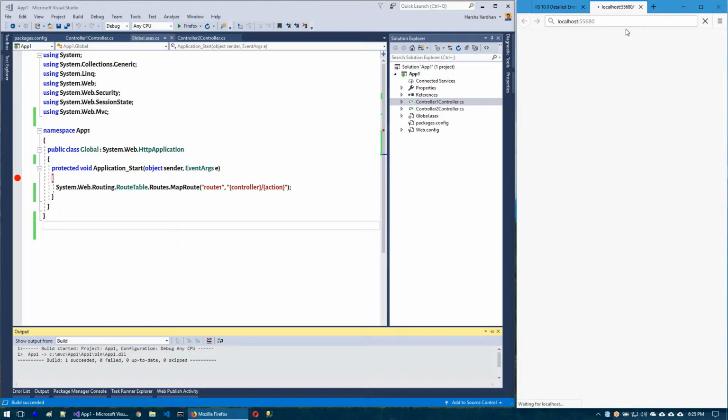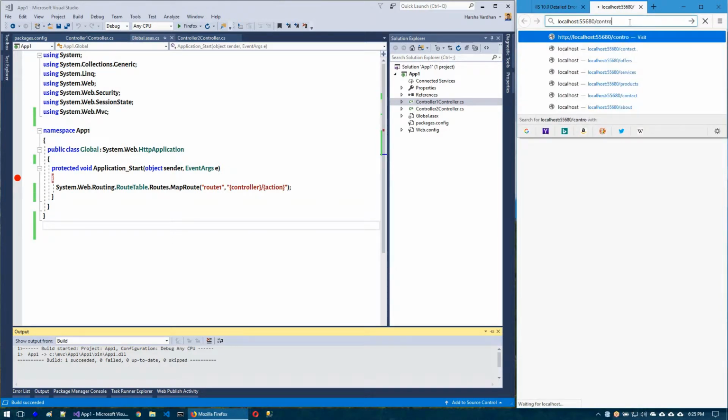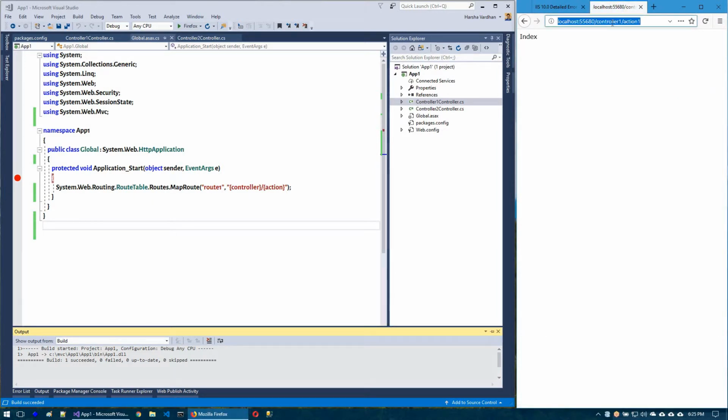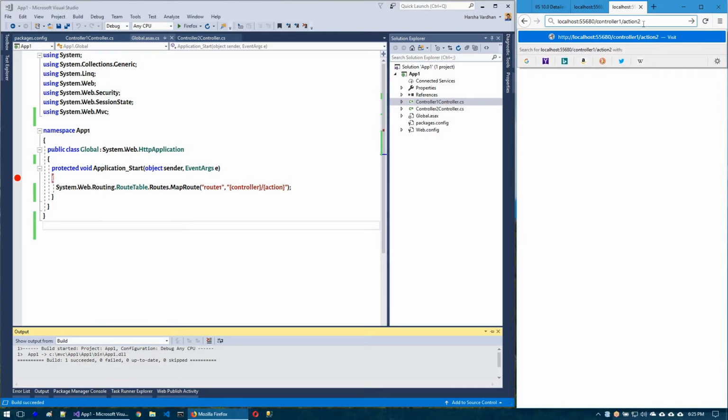Now we have to enter the URL as controller1/action1. So it will go to the specific controller, specific action method. We can also try controller1/action2, controller1/action3, controller2/action4, and so on. So we have understood generic routing in this lesson, and in the next lesson we are